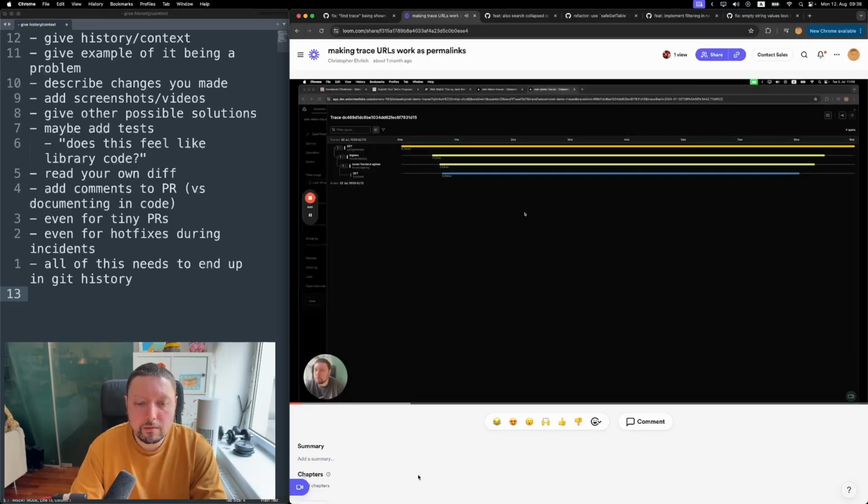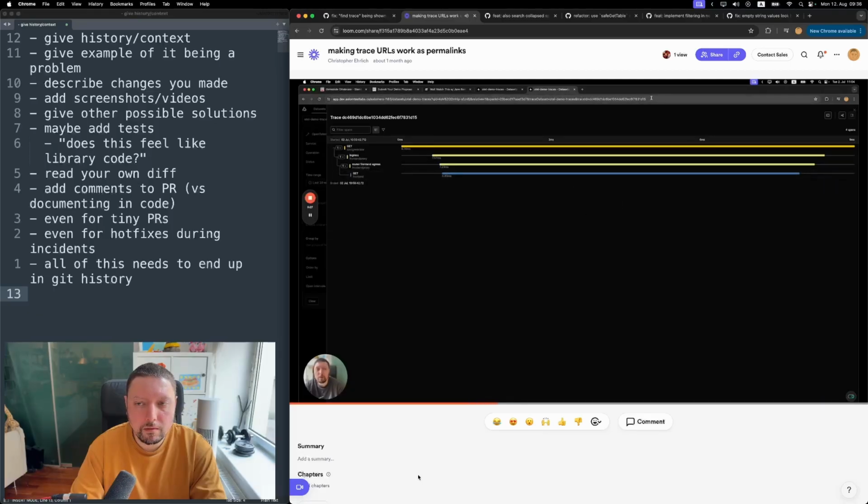Hey, quick demo on what this PR does. So when a user tries to open a trace and some of the params are missing, so for example, the start and end time, then we do our best to find a trace anyway and display it. So for example, I have this trace open, I'm on dev here, I can remove the time param, and the trace will still open because we kind of look back in time and do our best to find